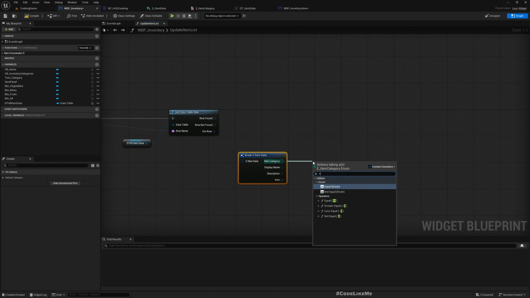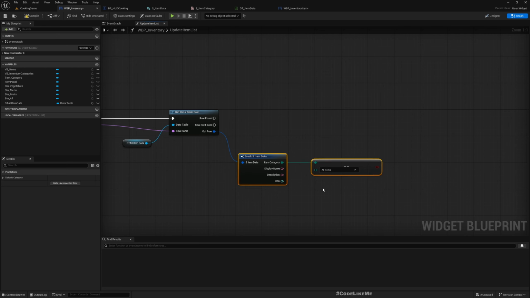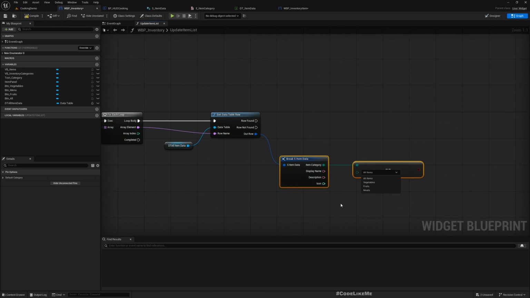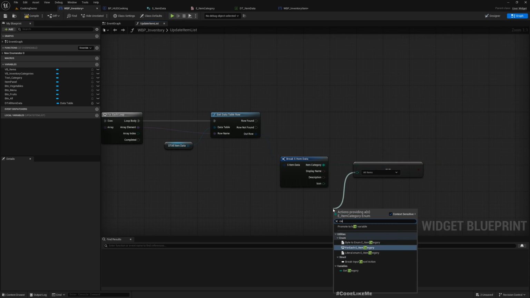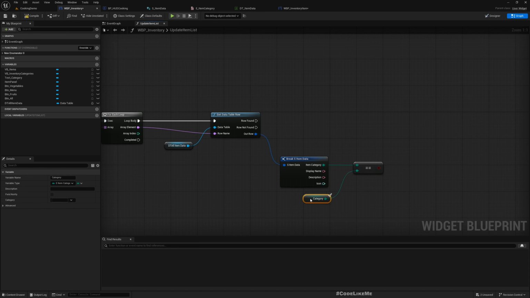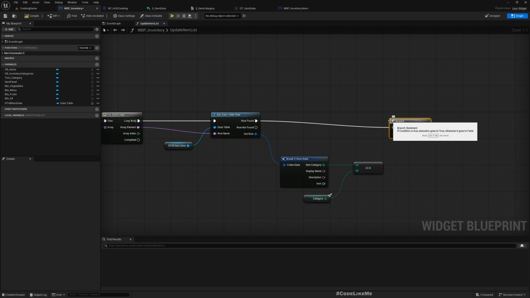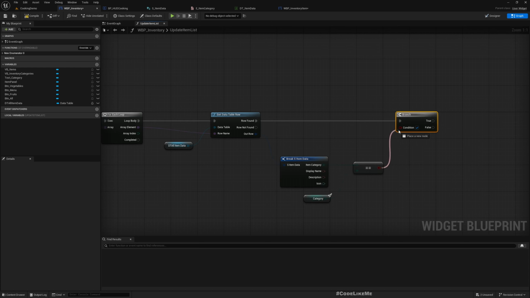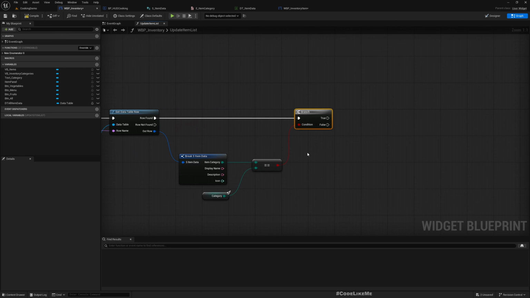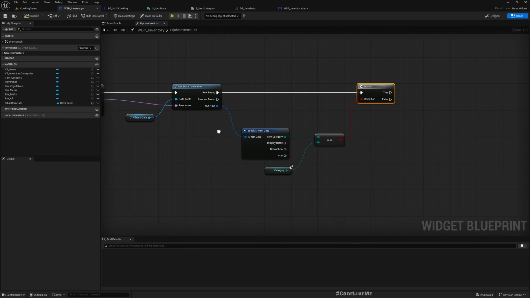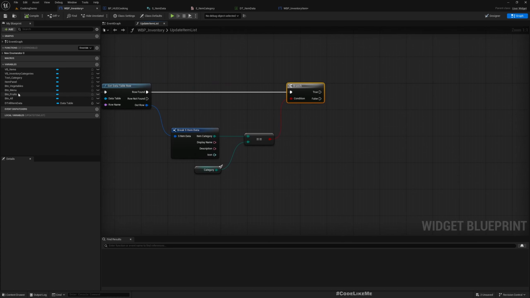We can check if this category is equal to the category given here. Okay, and if yes, then that means we can create a button for this item, represented by this row, and add it to our